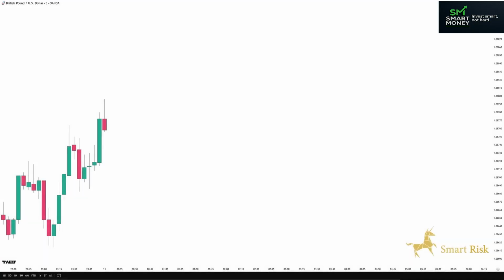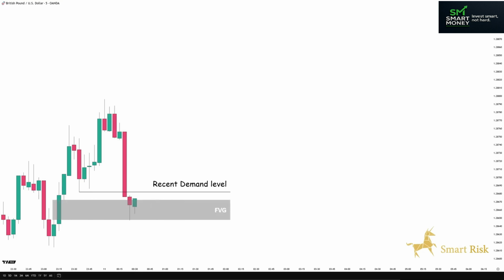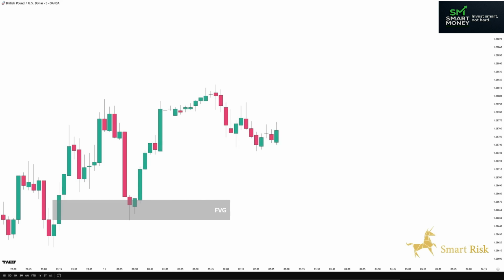Price is clearly in an uptrend, marked by multiple bullish breaks of structure. Price suddenly breaks below a recent swing low, but instead of confirming a bearish reversal, it taps into a bullish fair value gap sitting just beneath that low. This move sweeps sell-side liquidity and simultaneously mitigates the gap, and then price immediately bounces back up, continuing the primary